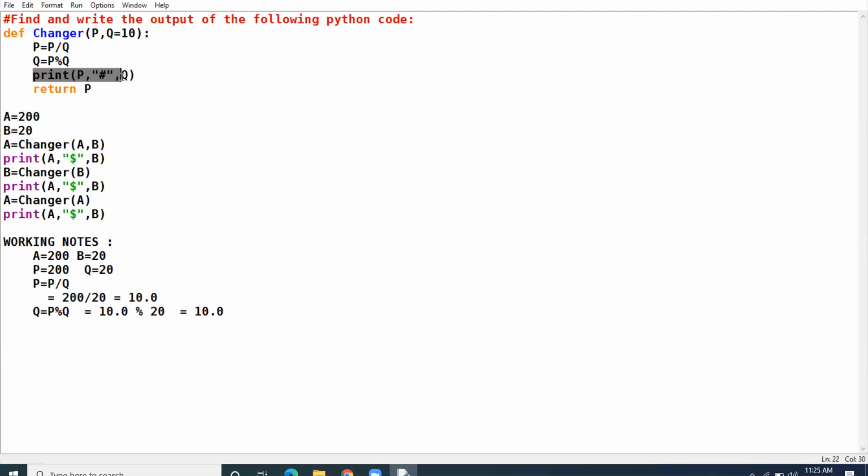So the first answer as per this statement, I write the answer over here: 10.0 hash 10.0.